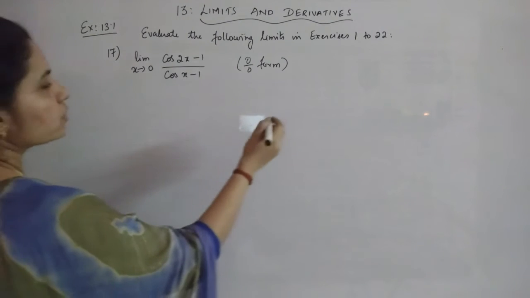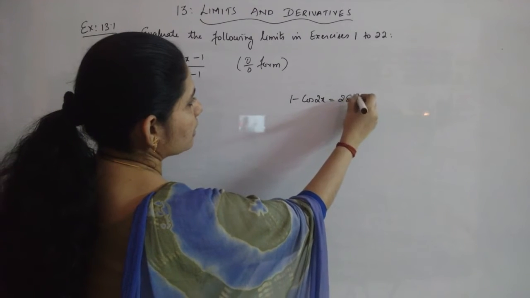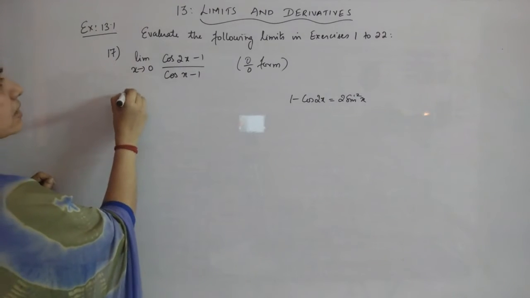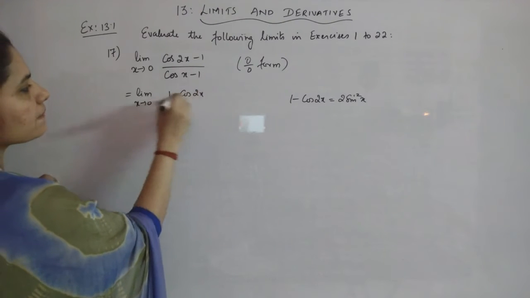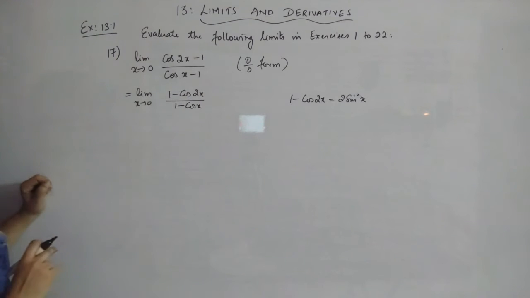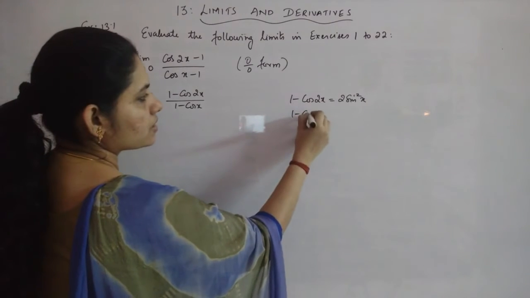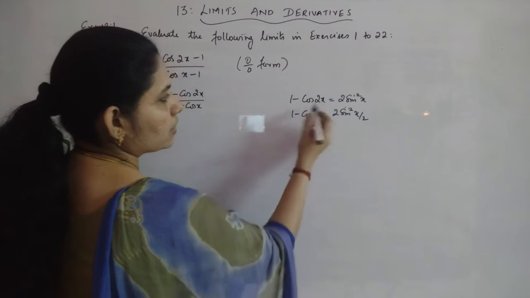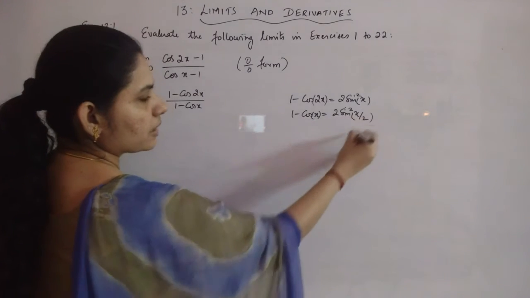Okay, so first what we are doing is, we know that 1 minus cos 2x has a formula which is 2 sine square x, right? So we'll just make it as numerator and denominator by taking a negative out and writing it as 1 minus cos 2x by 1 minus cos x. So the negative which I have taken out gets cancelled and it becomes 1 minus cos 2x by 1 minus cos x. Now 1 minus cos 2x is 2 sine square x, means 1 minus cos x will be 2 sine square, its angle will become x by 2. Whatever you have here as x, its half is here. So if you have 2x here, it will become x here.